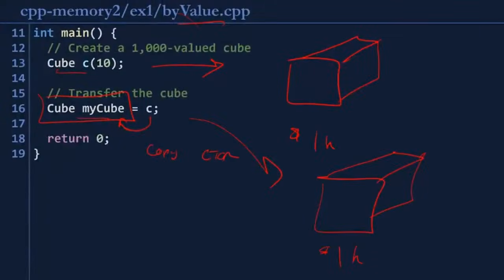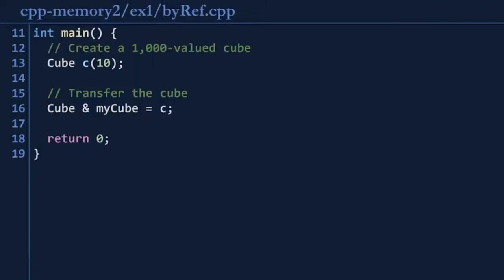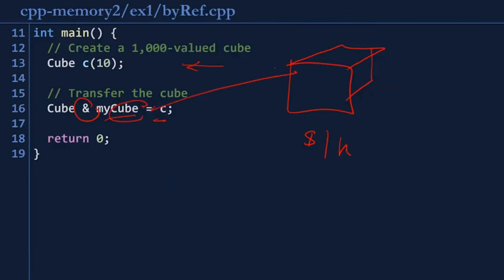The second piece of code we're going to look at is looking at this by reference. So on line 13, we create a cube using the constructor. So we have a cube of $1,000. On line 16, we transfer the money to another person by aliasing the money because we have a reference variable here. So my cube becomes an alias of C. So what happens here is my cube is going to be this cube, as well as C is also going to be this cube. So because we're simply creating an alias of existing memory and not creating any new memory,